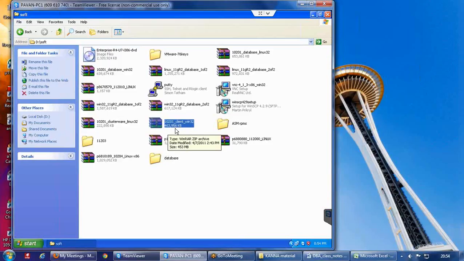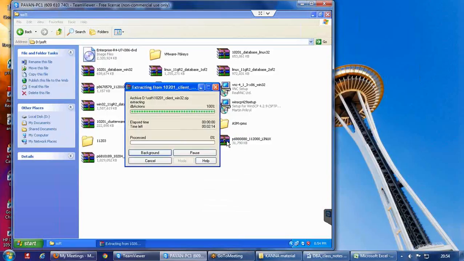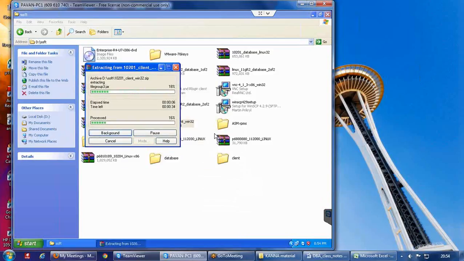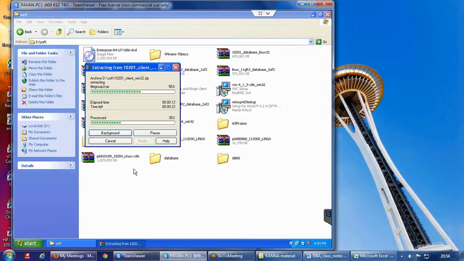What I need to do is click on extract here. When you extract this file, you will get a folder by the name client, in which we will have a setup file. So let us wait till this extract completes.